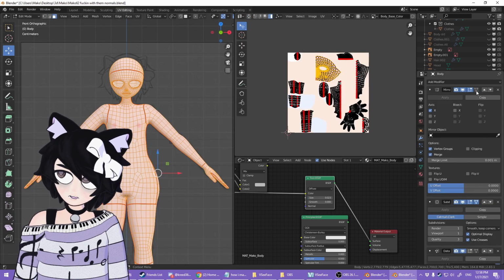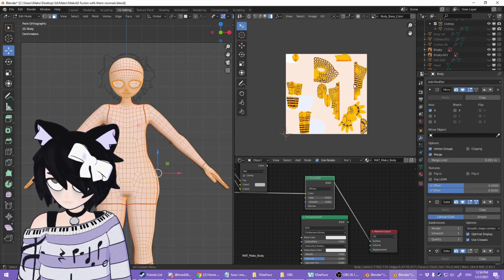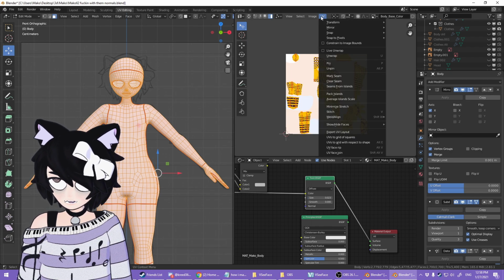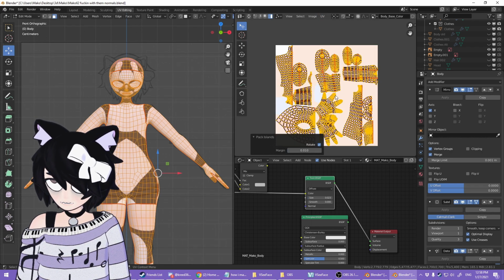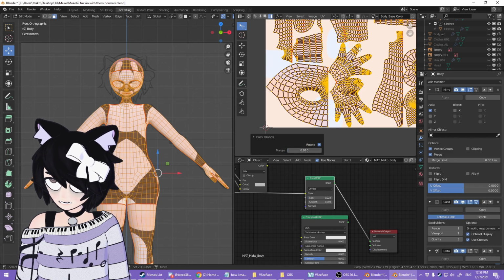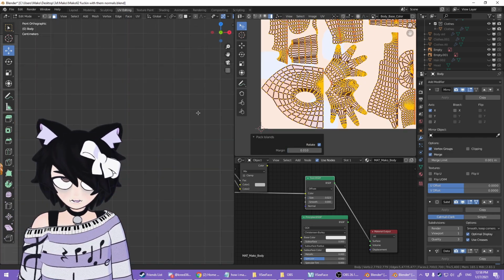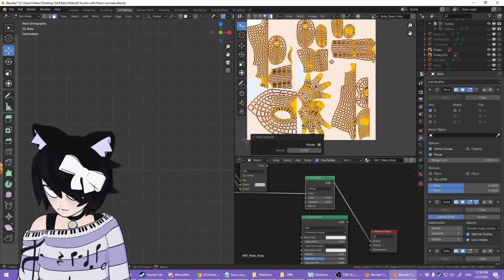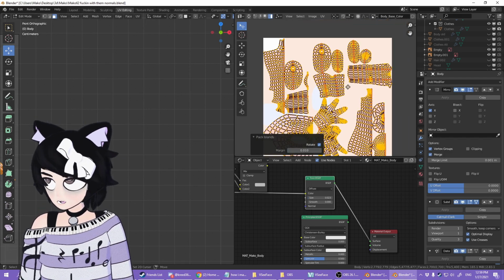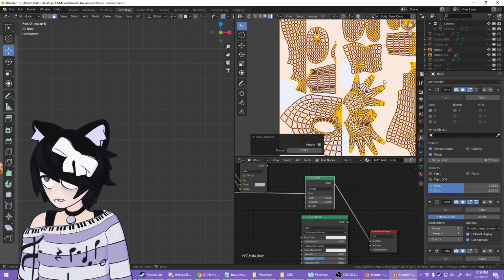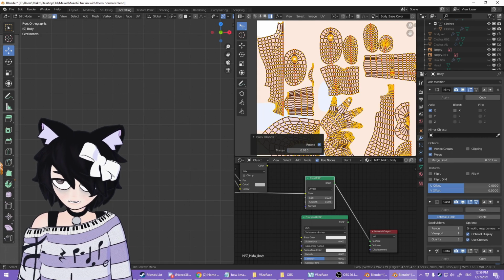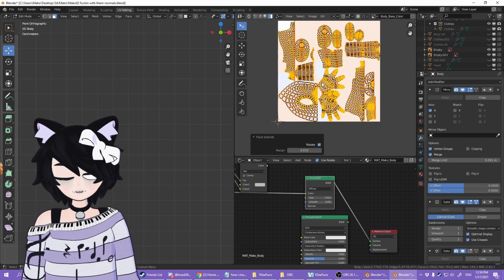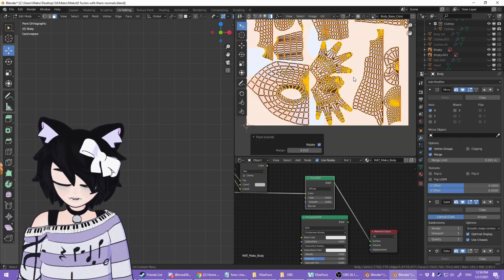Alright, so with the mirror modifier still there, not applied yet, we can unclick this and, whoops. Well, we could do that, or we could select all of these, pack islands, and look at how much extra space we have to work with. Just ignore that. Obviously this would need to be retextured, but free extra resolution at no cost. Again, assuming your texture is fine being perfectly symmetrical. If not, you're going to want to apply your mirror modifier beforehand, and then unwrap and have it be the way I had it before.